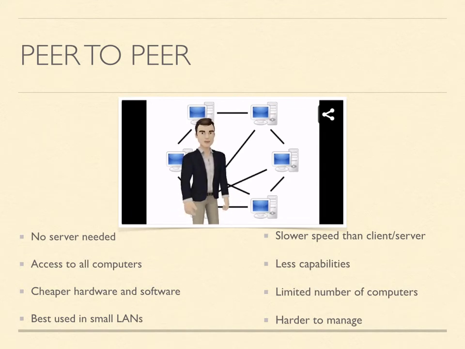Peer-to-peer networks are often slower than dedicated server networks because if you access a computer that is also being used by its owner, it slows down both the owner and the network. In general, peer-to-peer LANs have less capability, support a more limited number of computers, provide less sophisticated software, and can prove more difficult to manage than dedicated server LANs. However, they are cheaper both in hardware and software. Peer-to-peer LANs are most appropriate for sharing resources in small LANs,